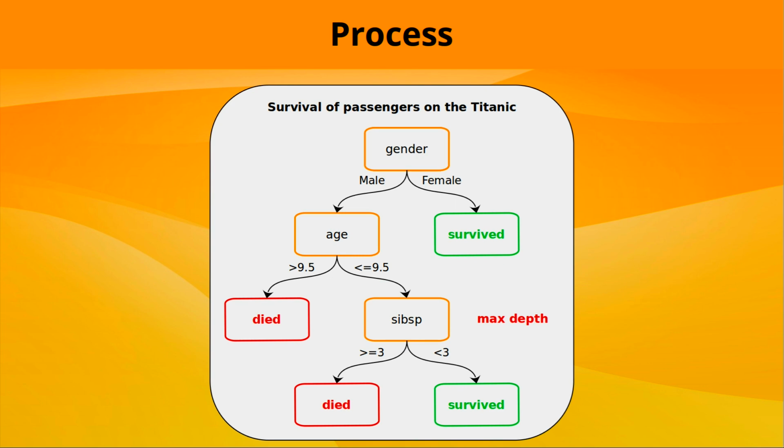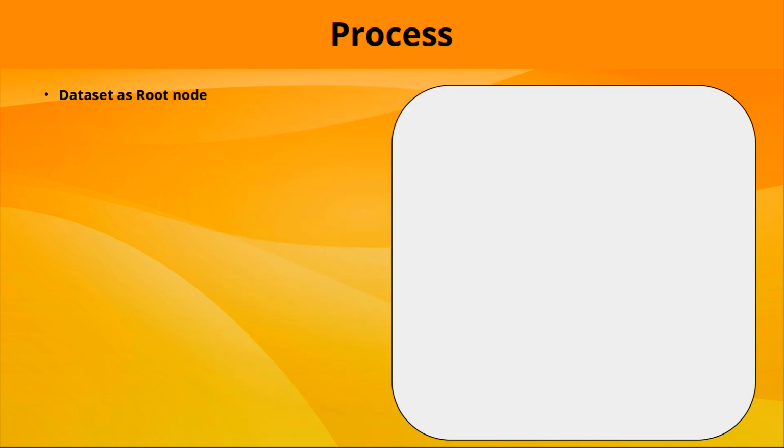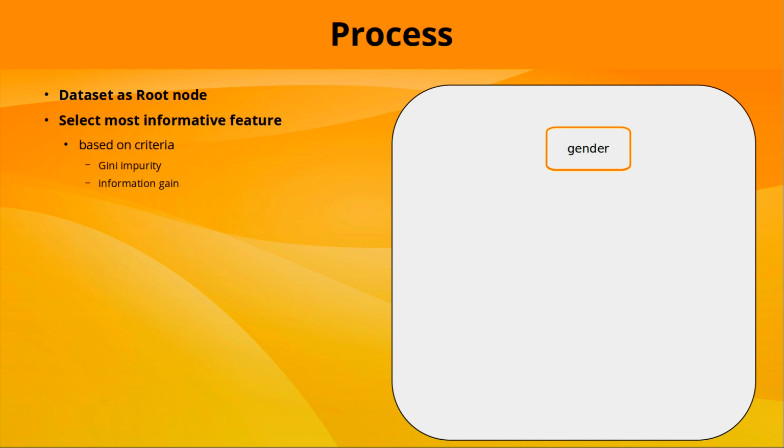The functioning of decision trees involves a step-by-step process of splitting the dataset based on selected features. This creates a tree-like structure that enables effective predictions. The algorithm can be summarized as follows. Start with the entire dataset as the root node of the decision tree. Select the most informative feature that best separates the data points. The feature selection is based on criteria such as Gini impurity or information gain, which measure the impurity or uncertainty